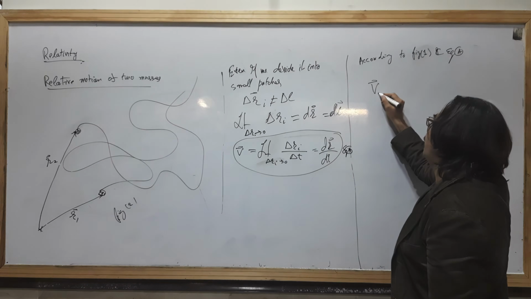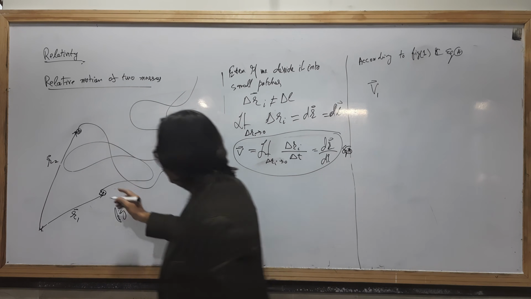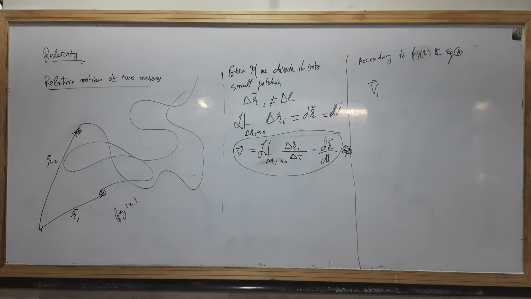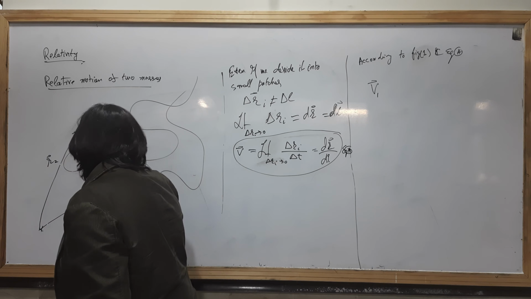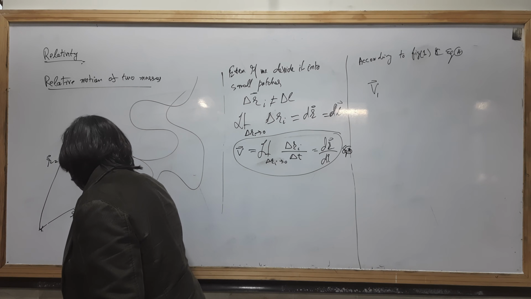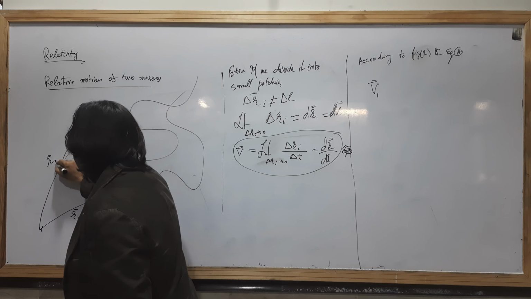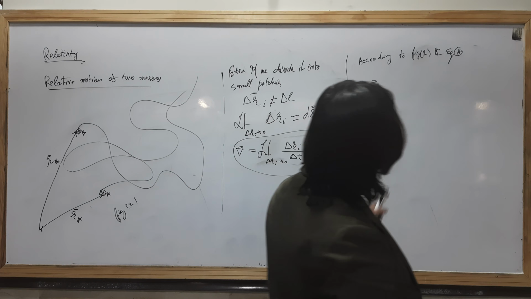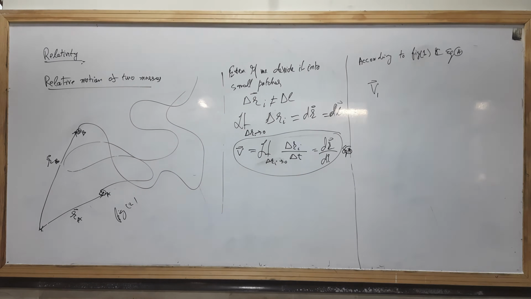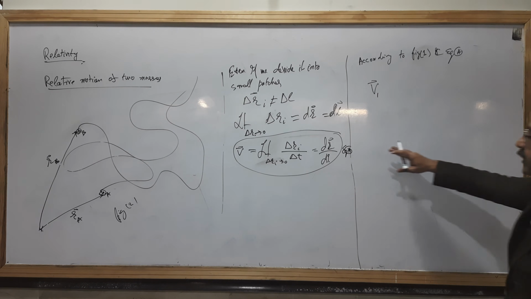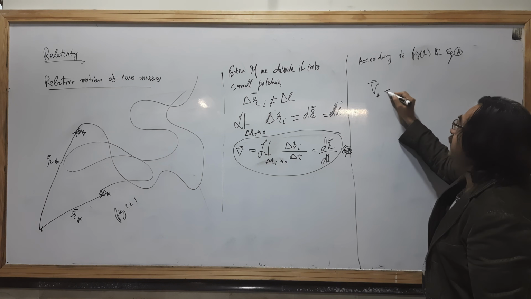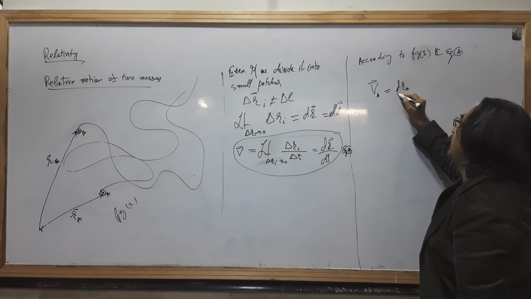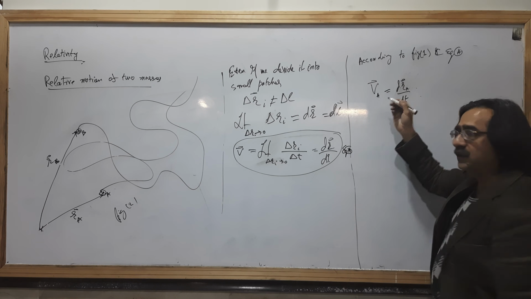Because I have used R1 as position 1 and R2 as position 2, I say this is mass A and this is mass B. The velocity of mass A is VA and the velocity of the second particle is VB. So according to figure 1, which I have already erased, and equation A, VA will be dRA over dt. So this will be the velocity.